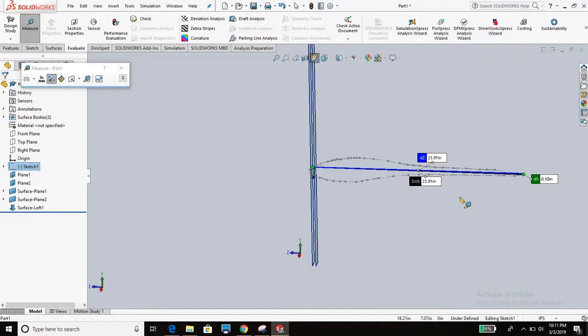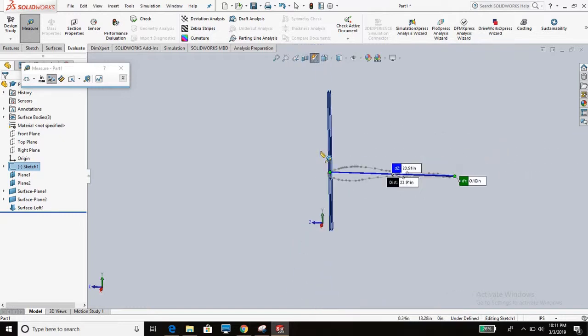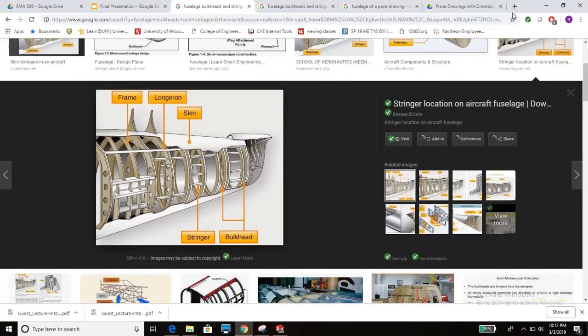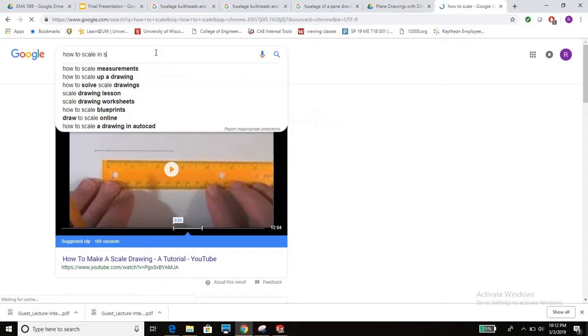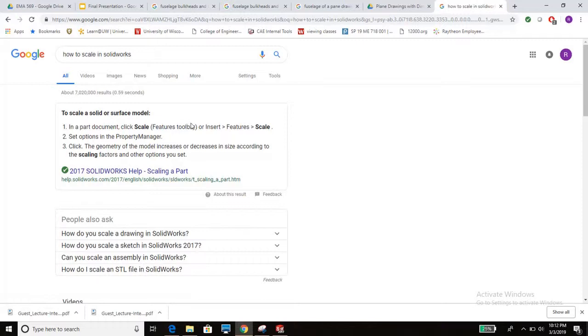So all your scales between your lofts here, you'll have to calculate based on a ratio of the picture that you imported in the geometry and the actual length of your aircraft. And so at the end, if you Google, I don't even know where the scale button is, but I know it's a thing. But pretty much, if you need help with SolidWorks, the SolidWorks forums or Google is your best bet. So, how to scale in SolidWorks. So, insert feature scale. This is